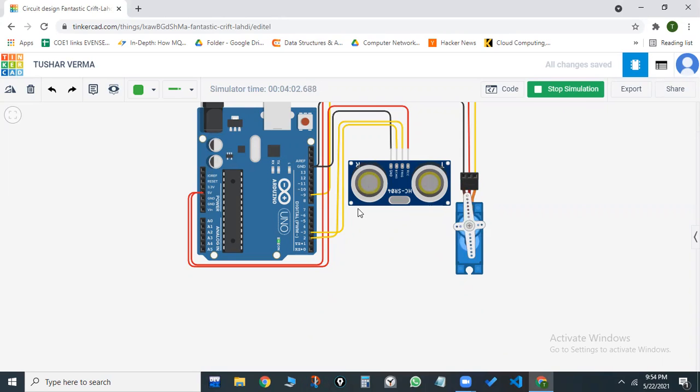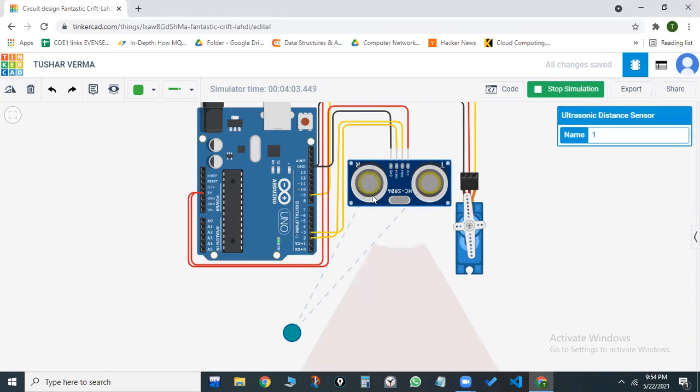Let me talk about the principle of how this device works. This ultrasonic sensor detects the presence of a human hand or any other object within its range. It then sends a signal to the Arduino Uno microcontroller, which in turn sends a signal to the servo motor.